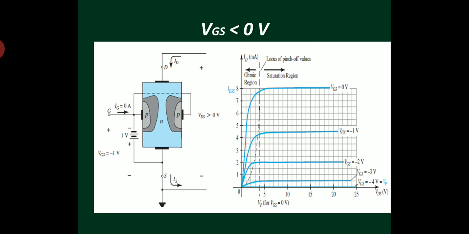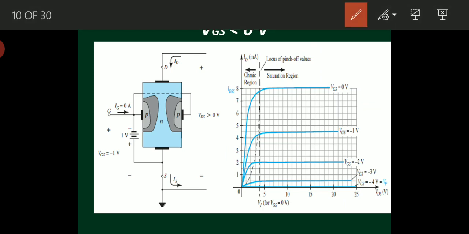So here you can see that VGS is less than 0. VGS, case 2. So this is the case for VGS equal to 0 volt, case 1, right? Now case 2, VGS equal to some negative voltage. Let us suppose VGS equal to -1. This negative voltage VGS applied between gate and source terminal helps to reach saturation level for ID at lower voltage levels of VDS.